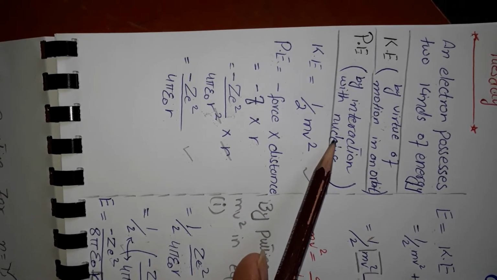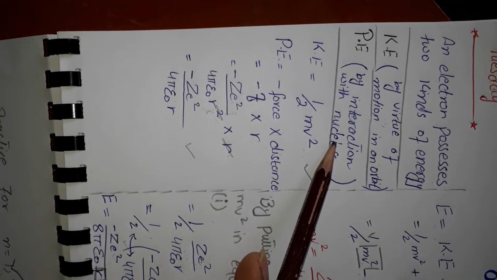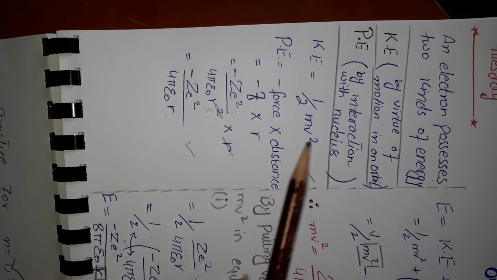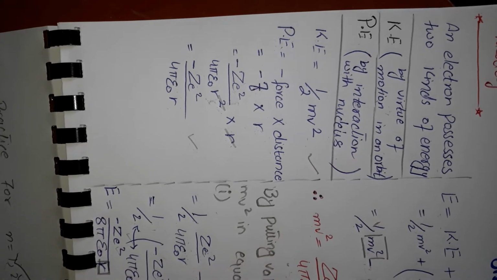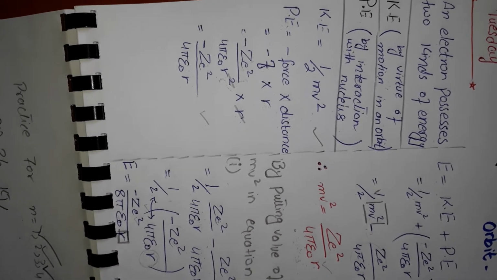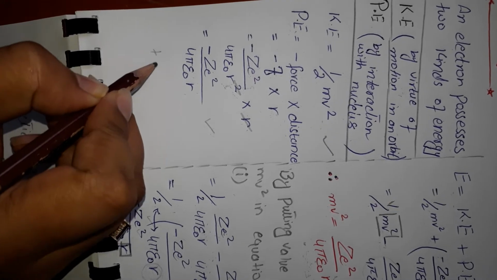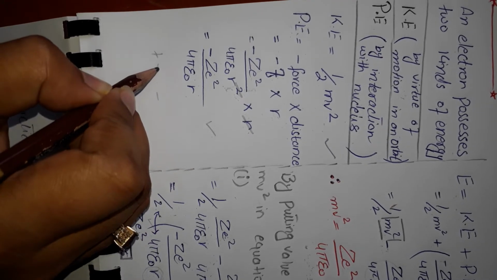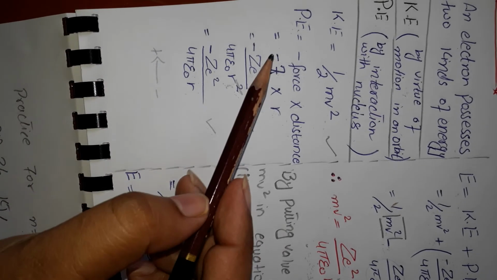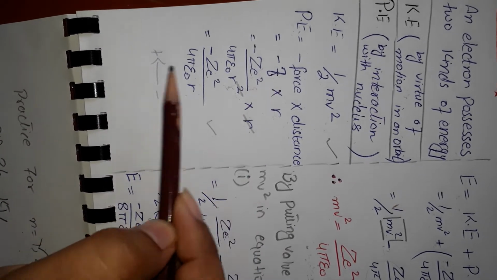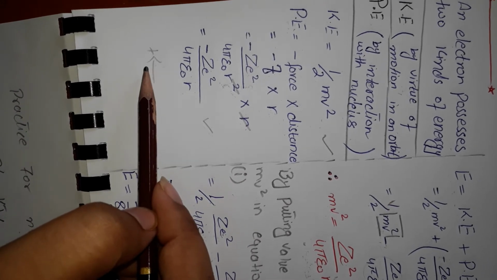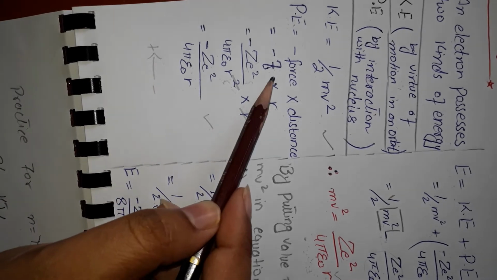So we know that nucleus has positive charge because of protons, while electron has negative charge. So there is always attractive electrostatic force of interaction between positive charge and negative charge. There is always attractive force. As we have discussed, the attractive force was a kind of centripetal force, while we were deriving the radius of